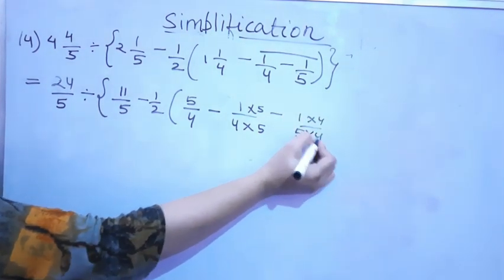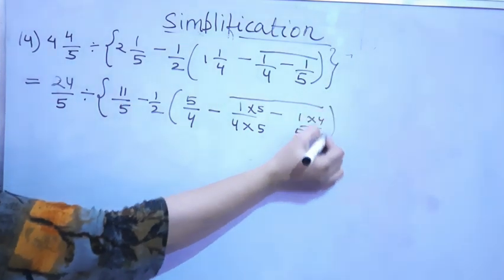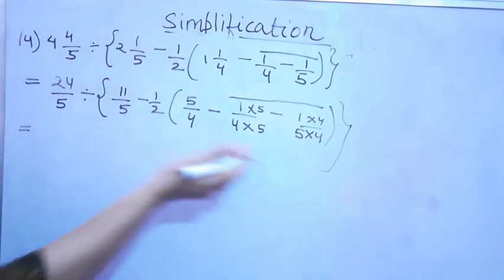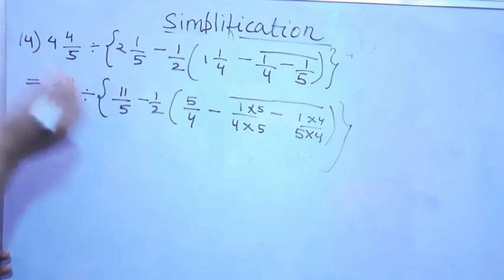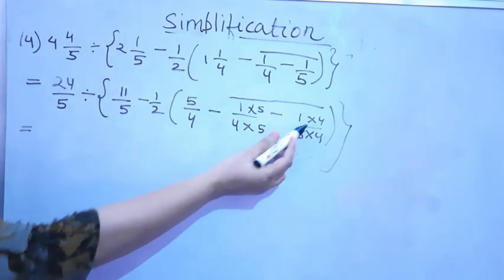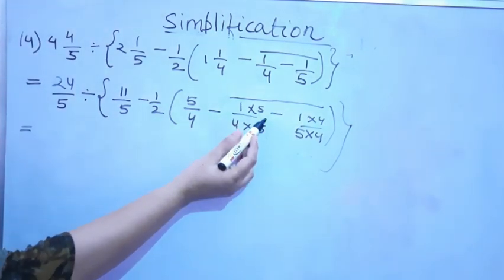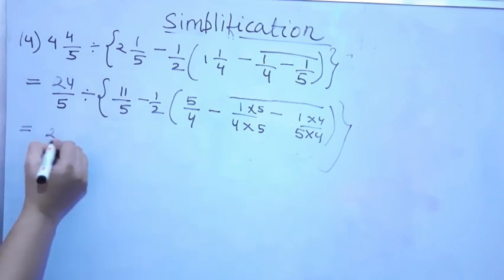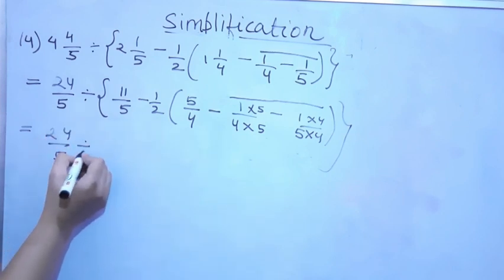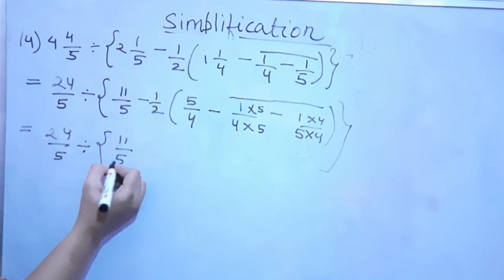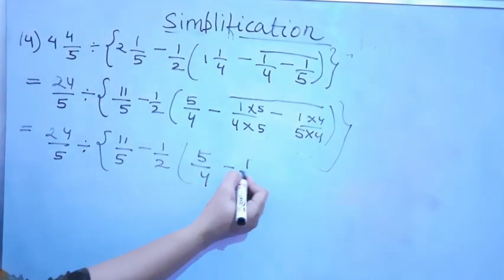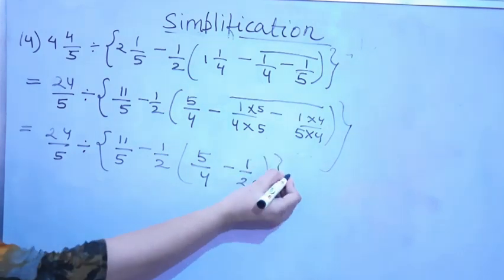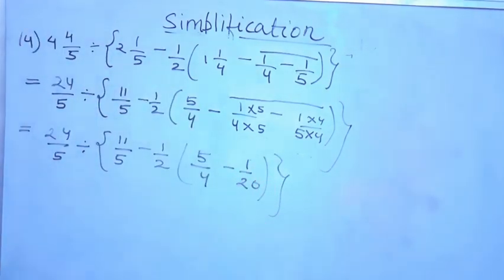Okay students, so I am solving this part first, and within the bracket you can write removing vinculum or removing bar. Okay students, so 5 minus 4 upon 20 is going to become what? 5 minus 4 upon 20. Tell me the solution of this in the comment section. Pause the video and reply to me in the comment section about your answers. It will be 1 upon 20.